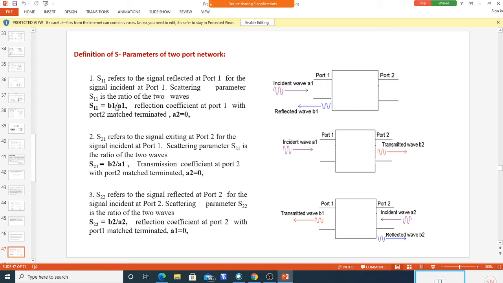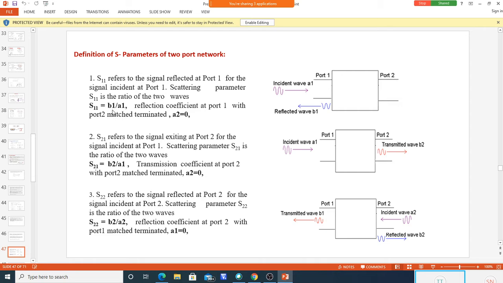If you take the ratio of those two, B1 and A1 each have a magnitude and phase, so automatically this ratio will take some value. It's a complex number: magnitude and angle divided by magnitude and angle. Magnitudes must be divided and angles must be subtracted. So this is a complex number here.